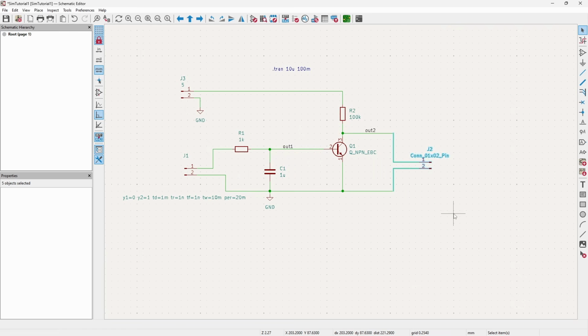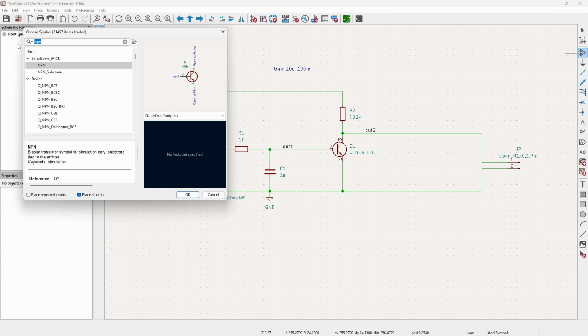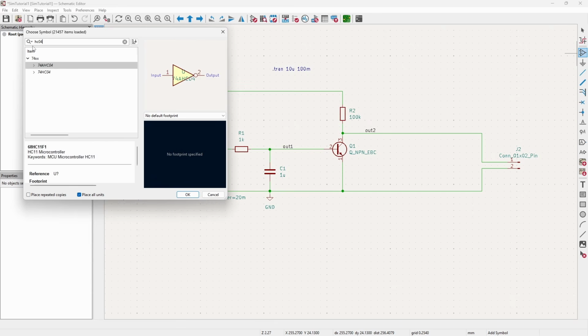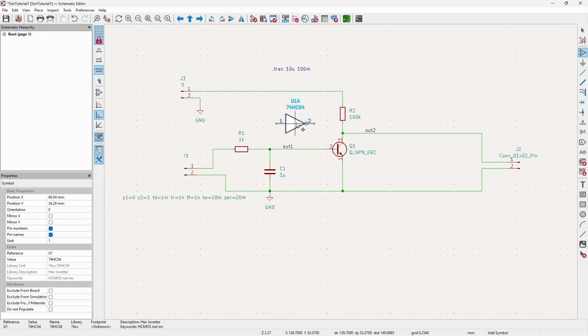Holding Shift to select those wires and then dragging them over with the left mouse button. Let's go ahead and add an inverter. Let's say an HC04. It looks like we have a choice between the 74AHC04 and the 74HC04. They appear to be basically identical to me, and their pinouts are going to be the same. So I'm just going to grab the HC04, unit A, double click, and now whenever you place this, you're going